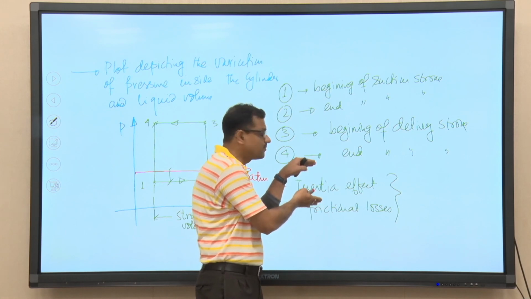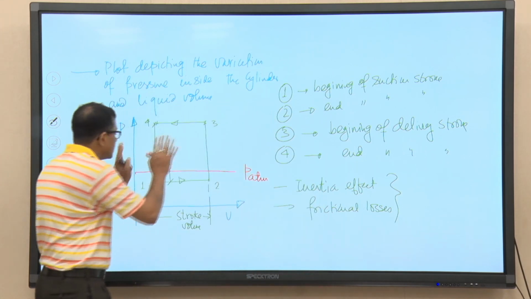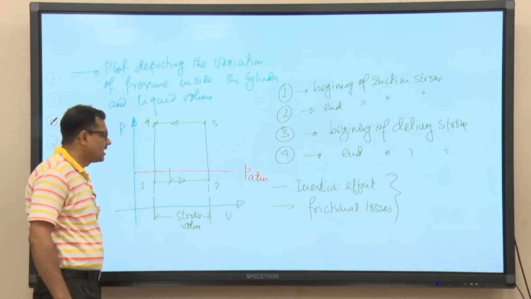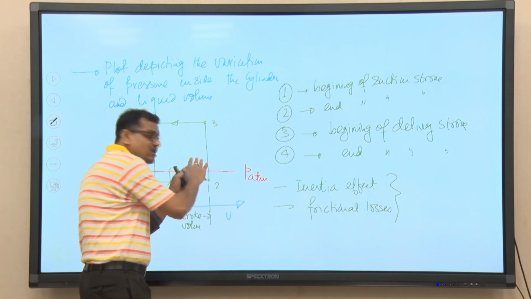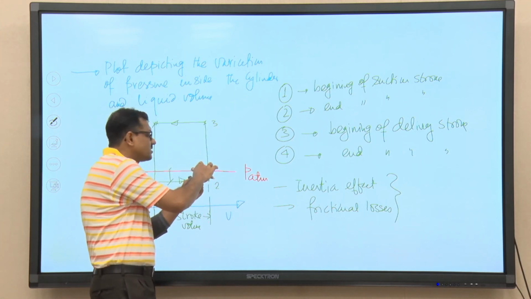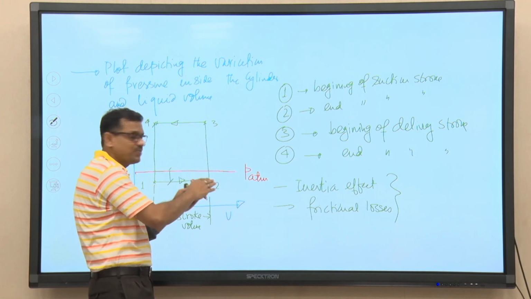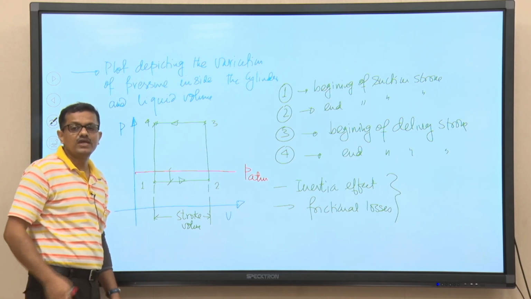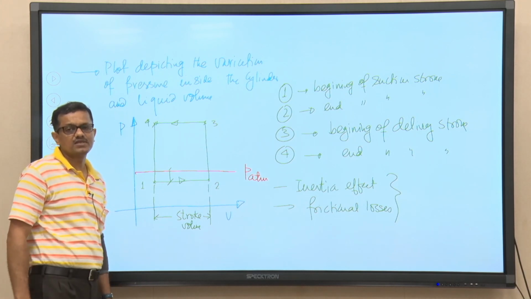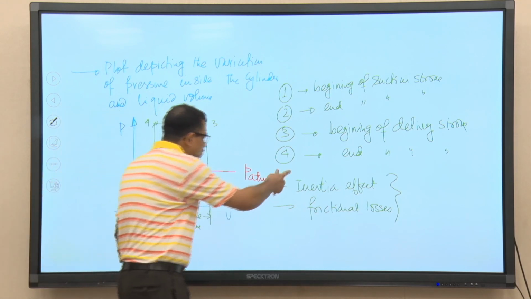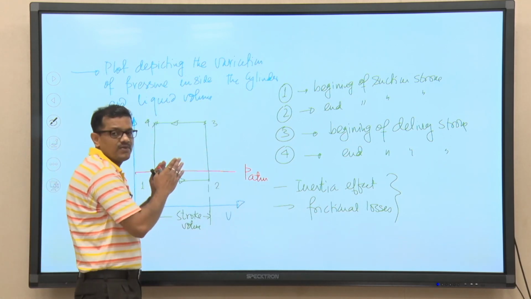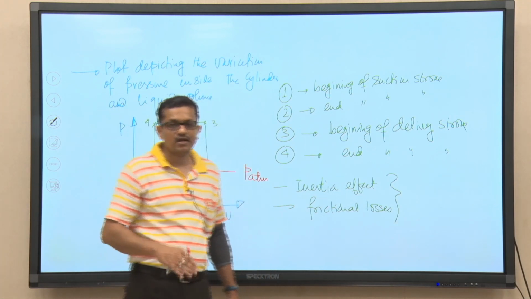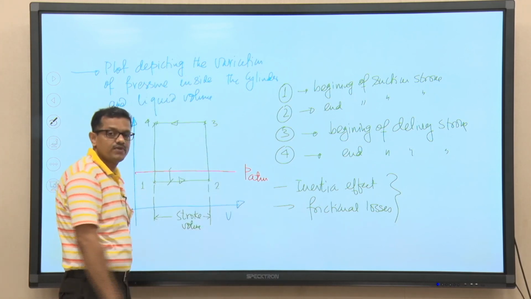If we consider these two effects, then this diagram will be modified, and we will see that at the end of the suction stroke, the pressure difference between the suction tank and the cylinder is not the same as the pressure difference we had at the beginning of the suction stroke. So, considering these two effects, if we modify the curve, we will try to mimic the actual scenario that is there during the pump operation, and the modified diagram considering these two effects we shall take up in